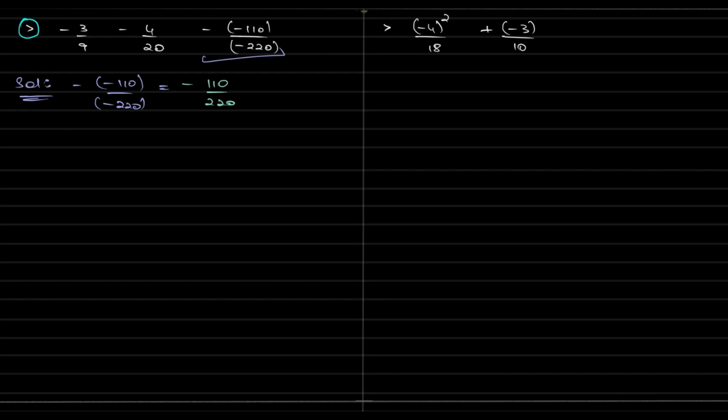Substitute that in the question. Negative 3 by 9, negative 4 by 20, and negative 110 by 220. The next step is, are they in simplest form? Just let's have a look at their HCF. 3 and 9 HCF is 3, 4 and 20 HCF is 4, 110 and 220 HCF is 110. We have to solve them. How? We need to divide both the numerator and the denominator with something which is